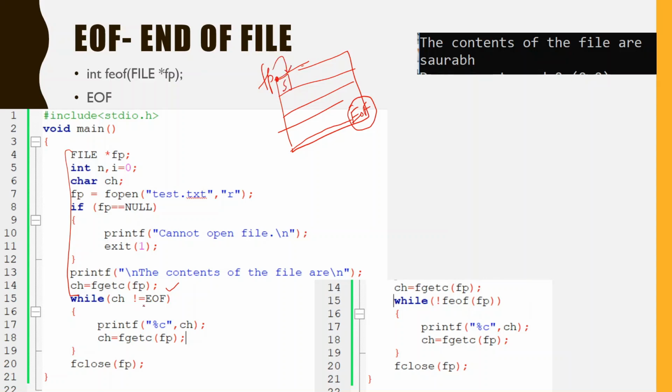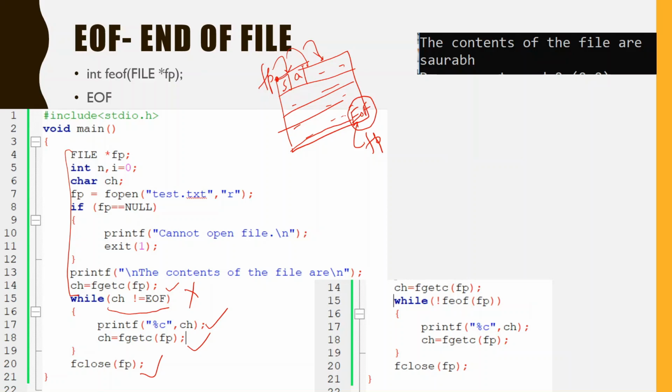Now we will check whether it is end of file. If it is not end of file, we will print this character, and then we will move the file pointer forward. So in this case next will be a, and similarly it is going to read all the data one by one, character by character, and in the end fp is going to reach the end of file. When it reaches end of file, this while loop will get false and stop, and we are able to read and print the contents of the whole file.